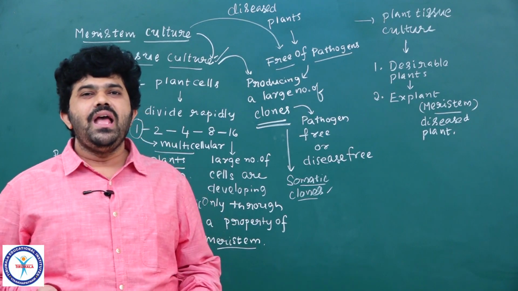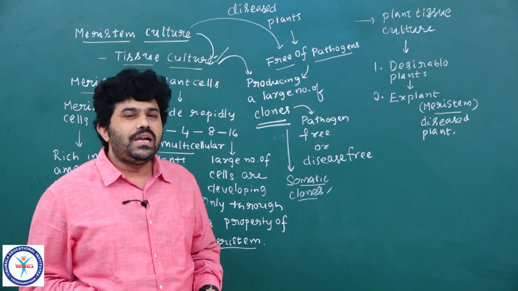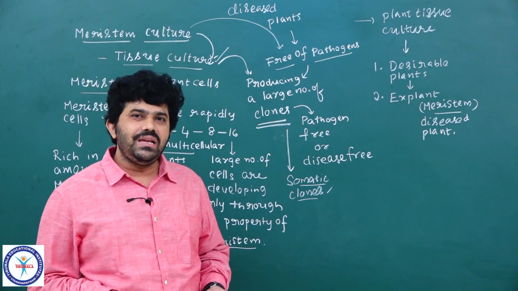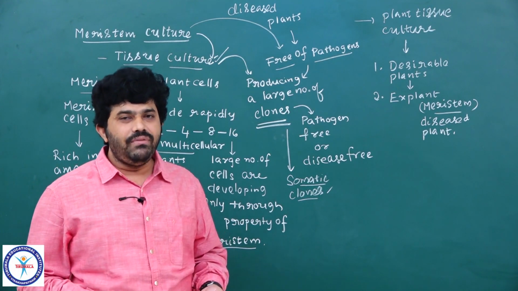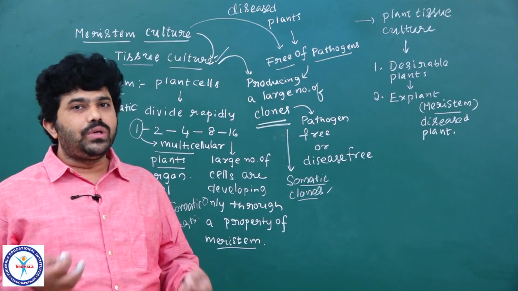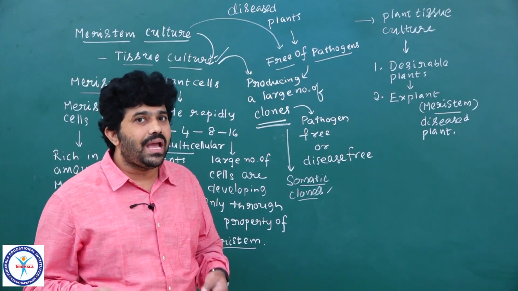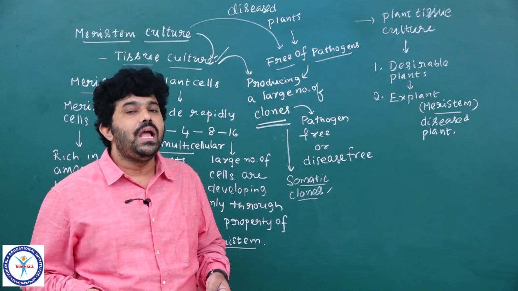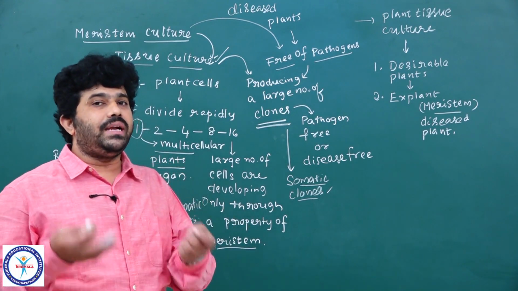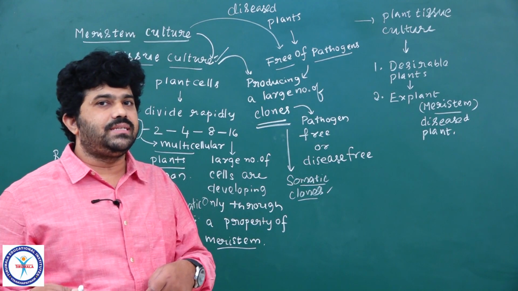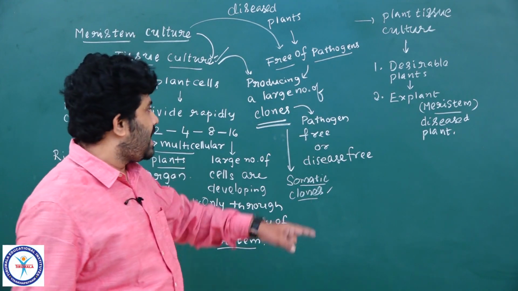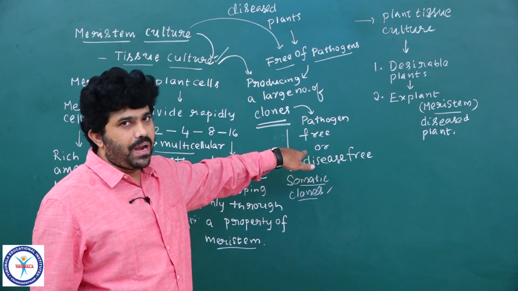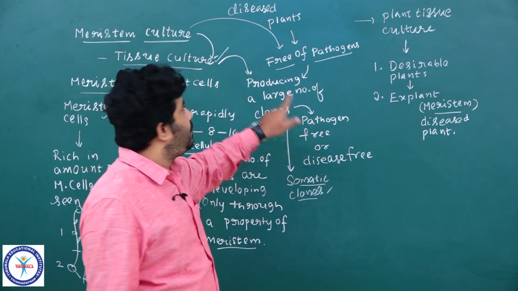We choose commercially or economically cultivated crops with a desirable character like high yielding. Though they grow very well and give more yield, if they easily suffer from diseases, then to produce younger generations as clones, pathogen-free or disease-free plants, we go for the method